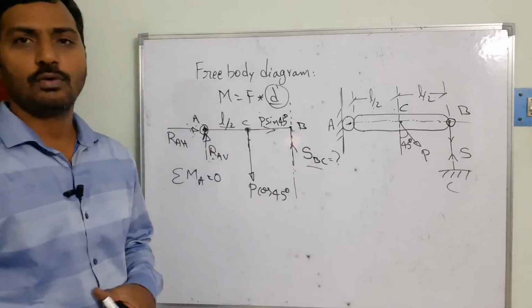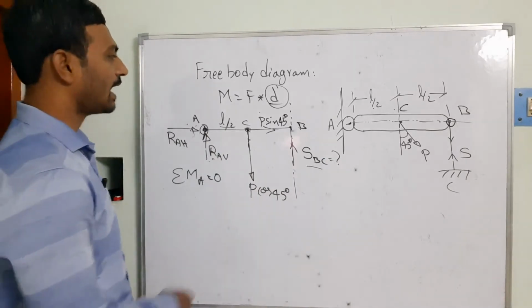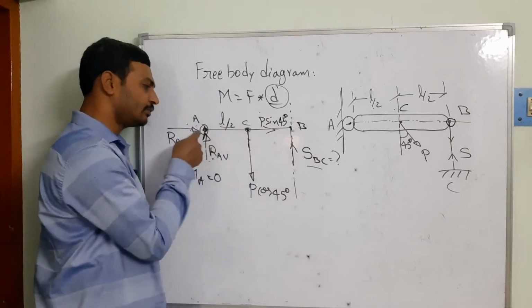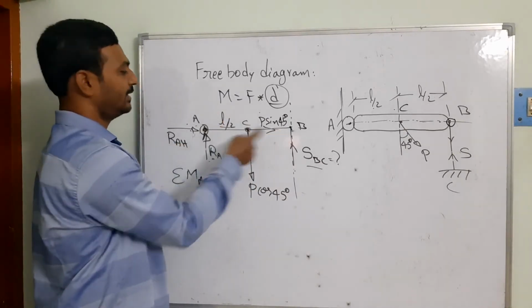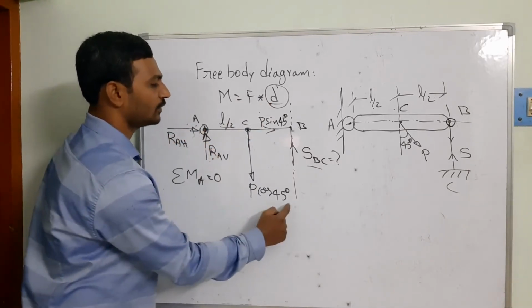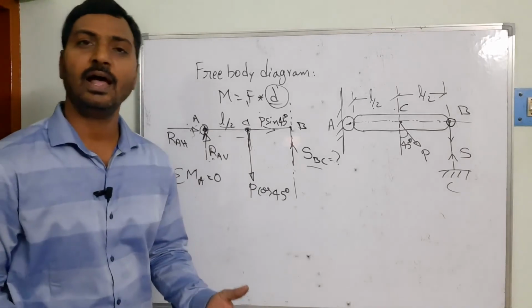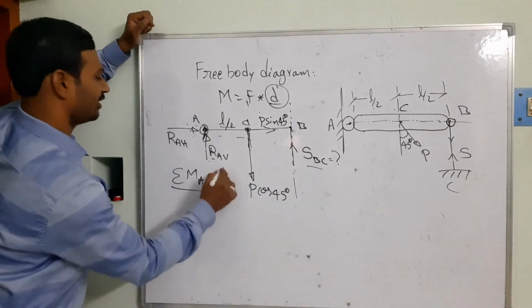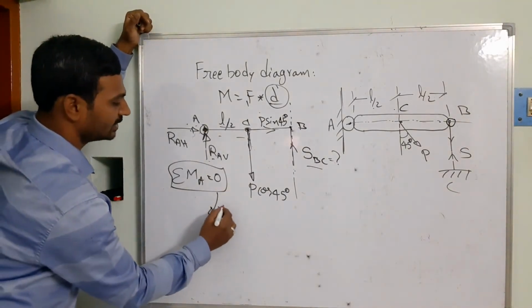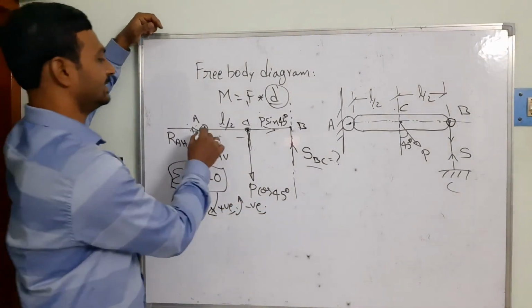Now taking the moments at A is going to be very easy. The P sin 45 passes exactly through the point A. We have the force, but there is no perpendicular distance between its line of action and the observation point. But P cos 45 acts vertically in this direction, so there is a perpendicular distance between A and C. Now with this analysis, I am going to take the moments at A. For the sign convention, I am considering clockwise as positive and anti-clockwise as negative.